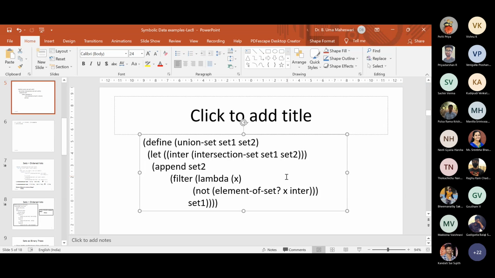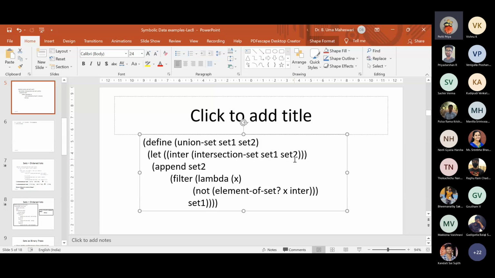How does your thought process differ from this particular program? What are they doing? There is a union set procedure, S1 and S2 you are passing, and there is a let procedure.